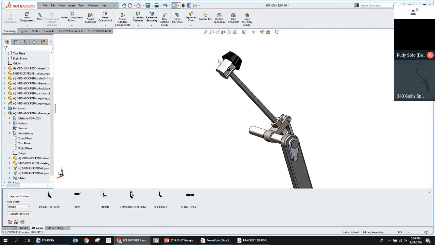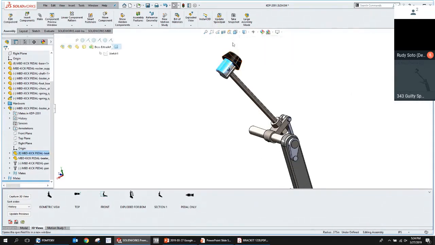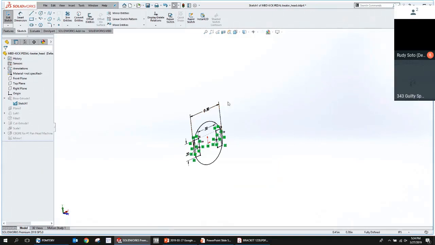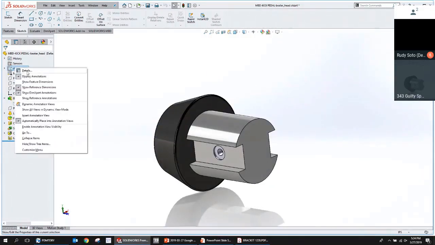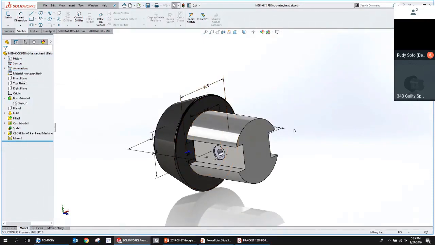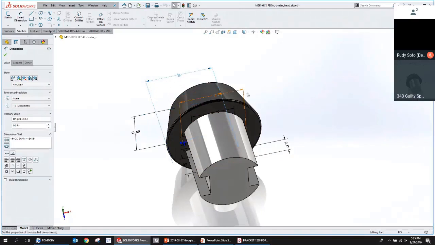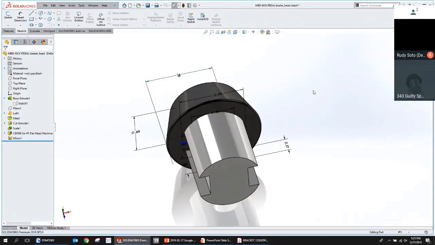Okay. So for example, if we go into this part here and we had created these dimensions in the part file and applied tolerances to these dimensions, you can do show feature dimensions here and then bring these dimensions into your drawing. So there are other ways that you can do this as well, but it doesn't come through for that STEP 242 PMI tolerancing information.